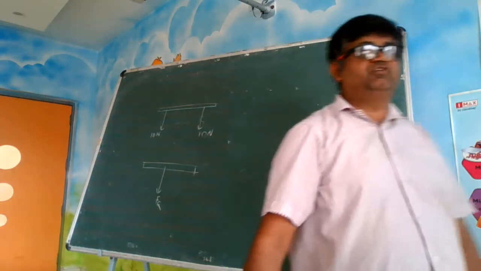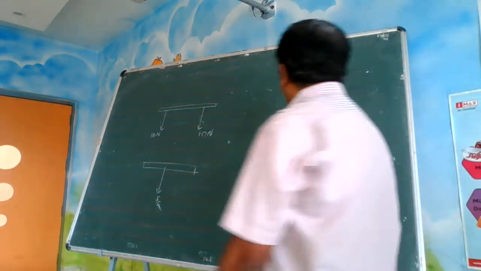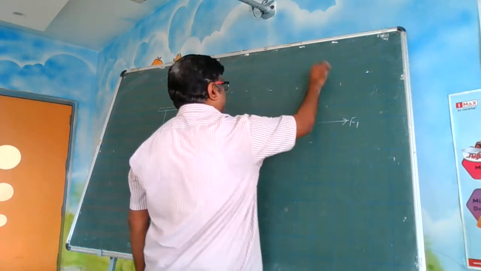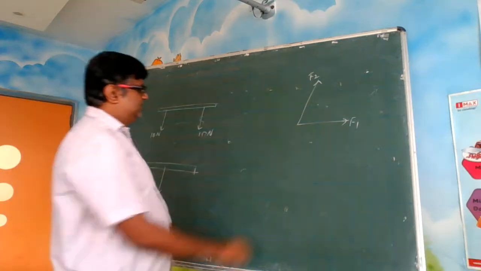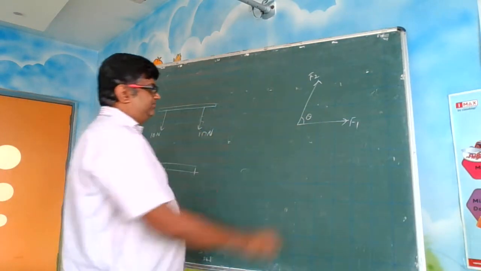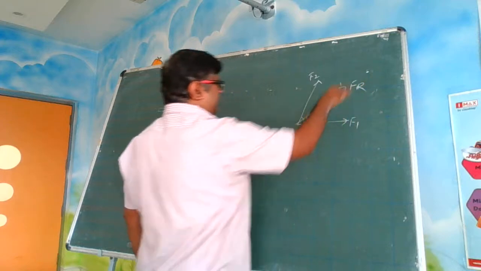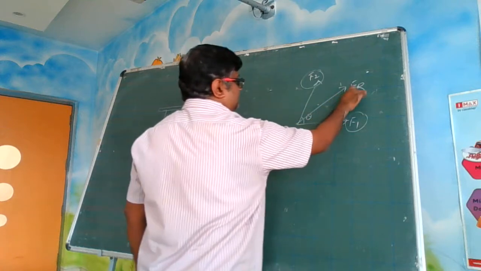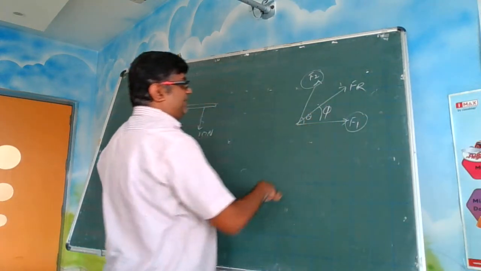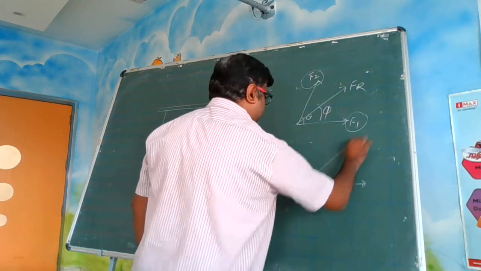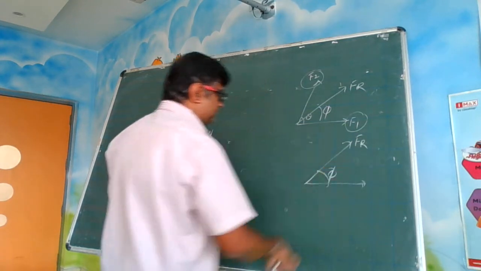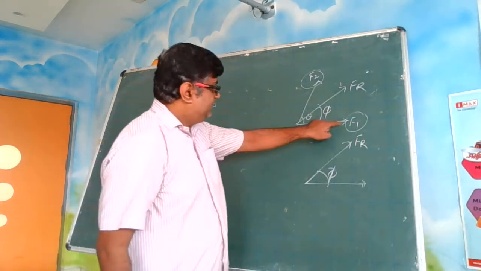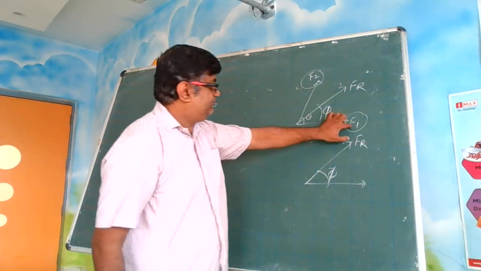In the parallelogram law of forces and all these things what we have learned, we have basically learned what? One force is F1, one force is F2, making angle theta, whatever. You are finding the resultant. What is the meaning of this resultant? You are basically replacing this force and this force with this single force, which is making phi with the horizontal axis. If I write Fr like this, the resultant force is making phi with the horizontal axis. Means what? It is replacing the effect of F1 and F2.